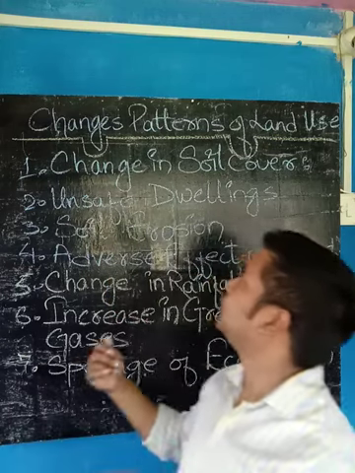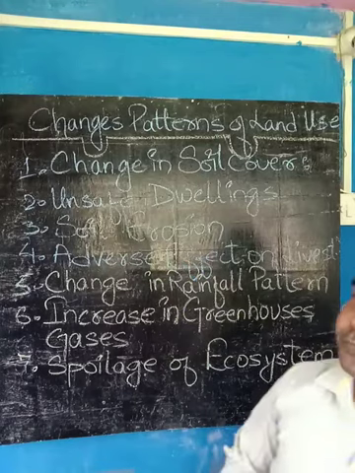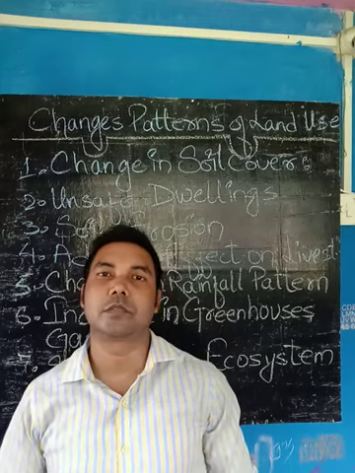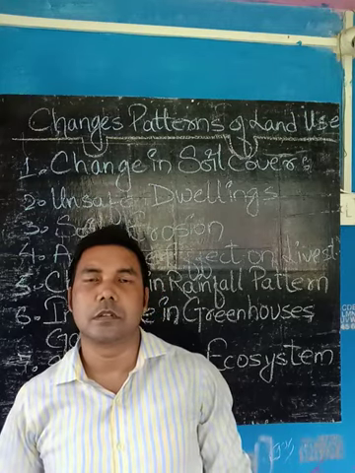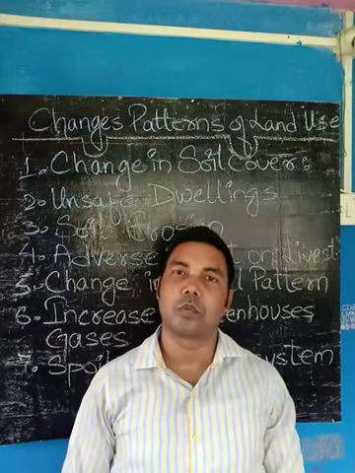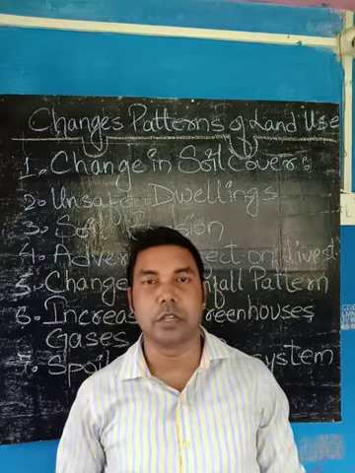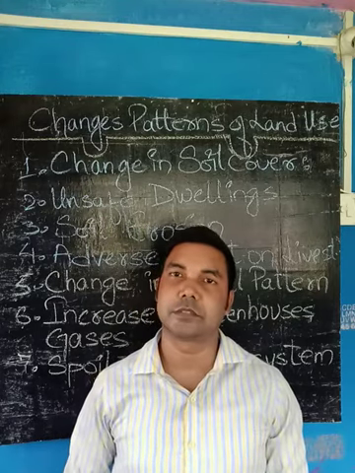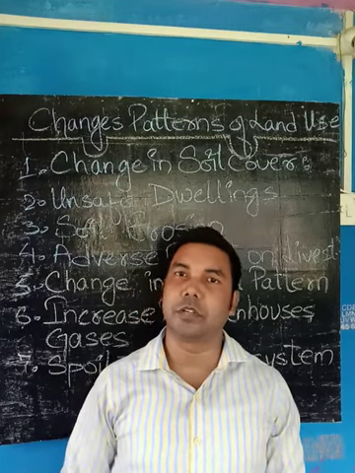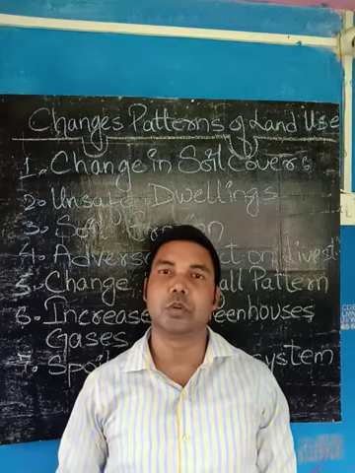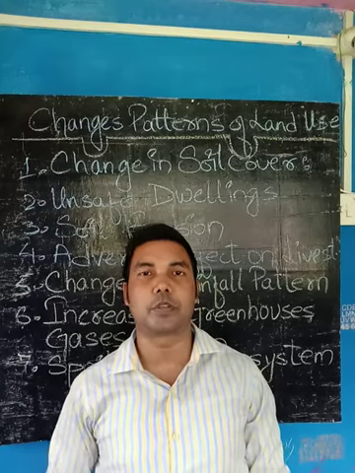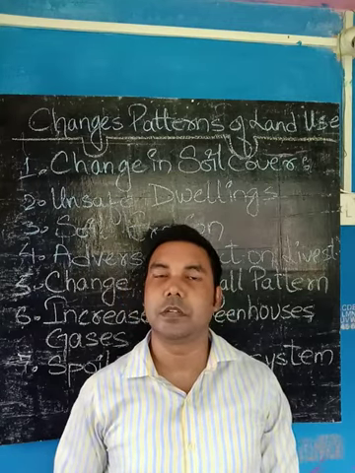Point number two: unsafe dwelling. Unsafe dwelling means the residential places as well as the industrial places where people are staying and living are becoming unhygienic. It is becoming unsafe because it is too crowded and no proper suitable environment is available. When no suitable environment is available, then what is happening? The atmosphere is